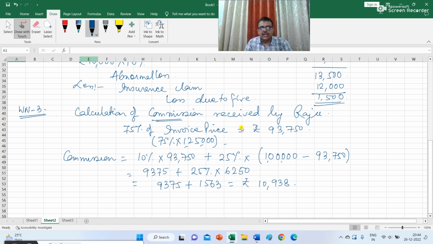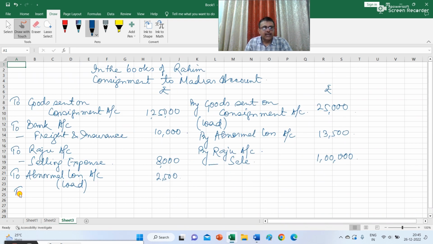So Raju is entitled to a commission of 10% of the sale proceed at invoice price. 10% of 93,750 is 9,375, and 25% of the excess price received by him, that is 6,250. So 1,563. So total amount of commission is 10,938. So in consignment account, I have to write to Raju account, and the amount which was payable to him for commission is